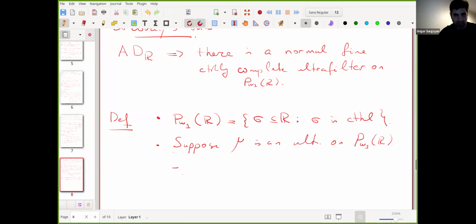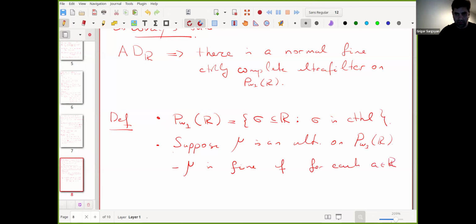So we say mu is fine. Fine is easy. In fact, this has nothing to do with R. In general, P_{ω1} of any set. Fine if for each